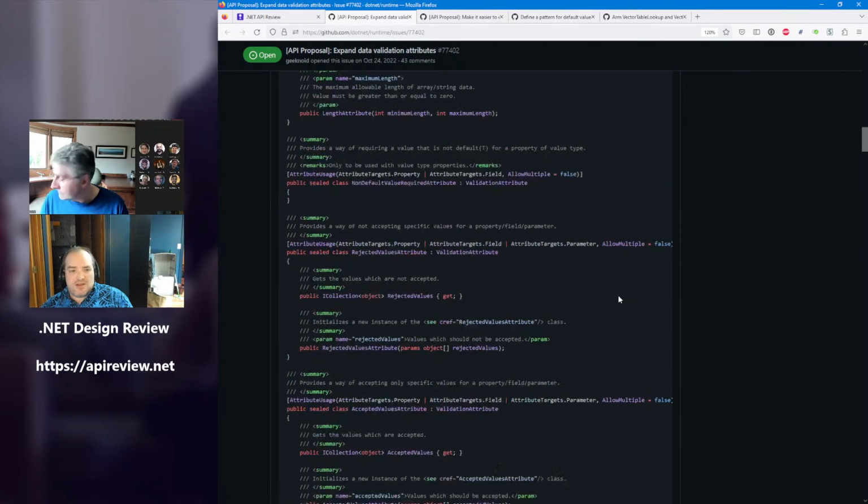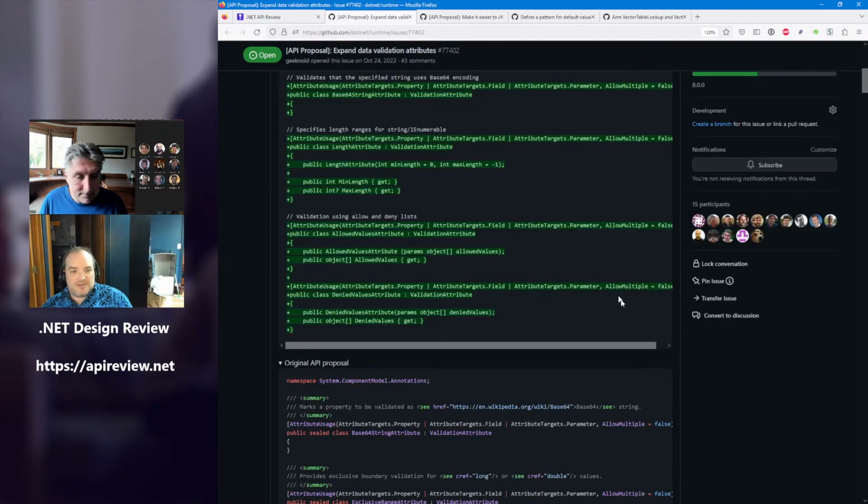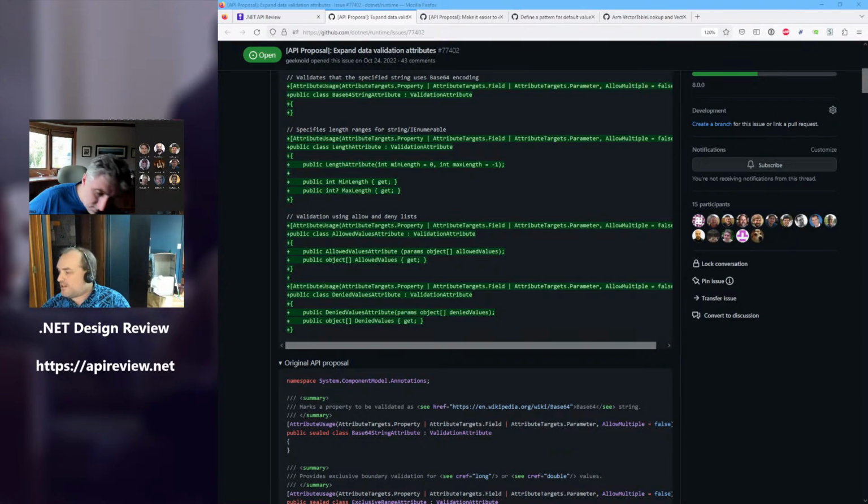Okay, and I haven't heard any extra concerns about allowed and denied, and if they're going in text chat, you need to have an advocate speak up for you because I can only read one of the two chats and I pick YouTube. Oh, and YouTube chat asks, is null a legal value in the allowed and denied values attributes? I assume it would be. Null is, yeah.